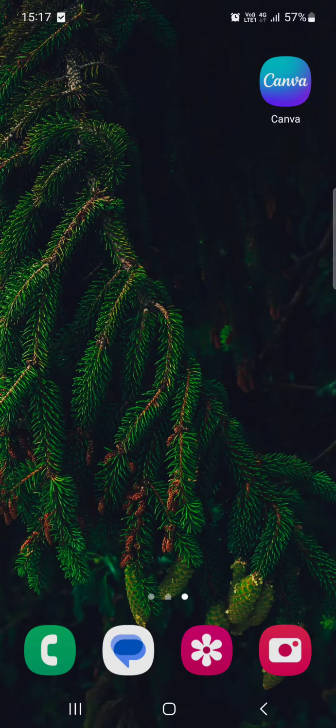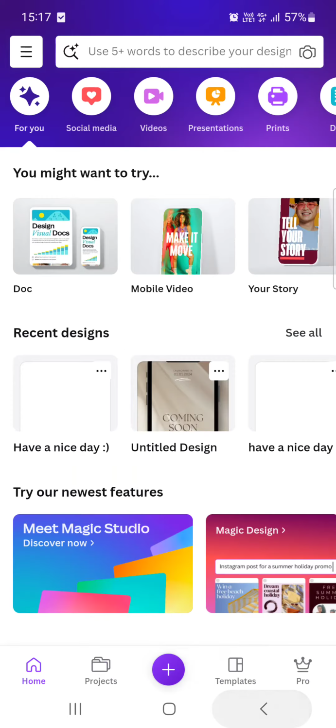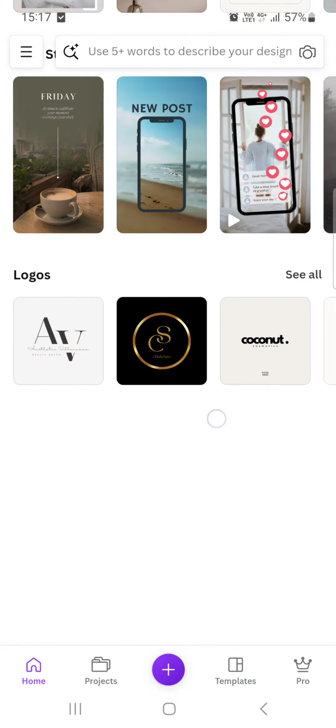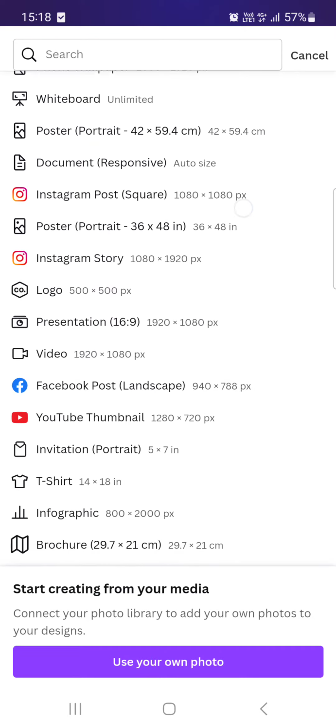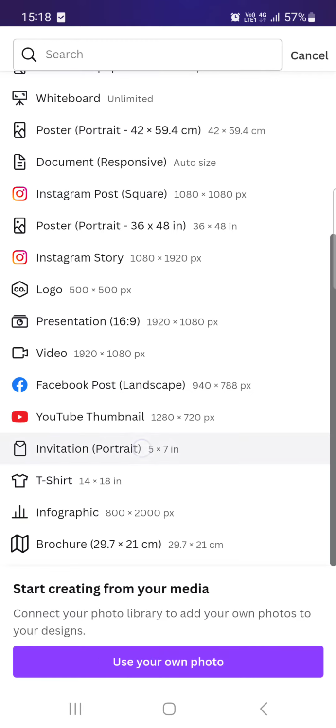First we have to open up the Canva app, and then it usually opens up in the home menu where we have our project. But for now we have to select the plus icon in the bottom bar to create what we want. And then we are going to be offered a list of different kinds of formats in which we can create. From this list we have to select the invitation,